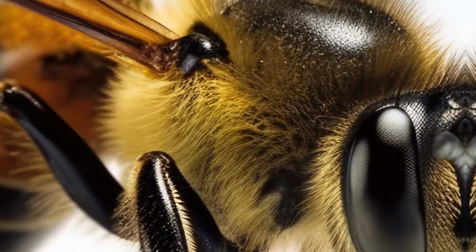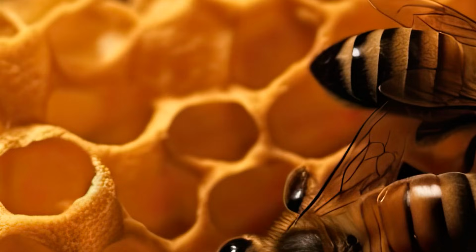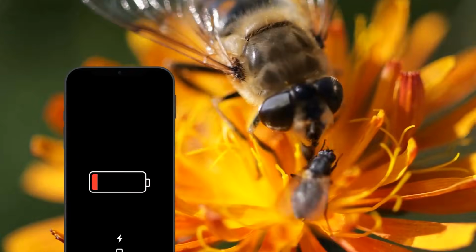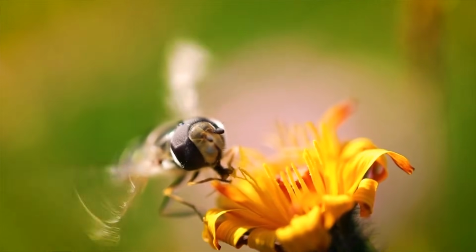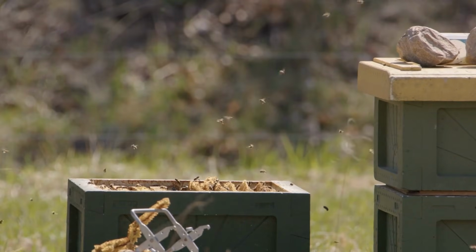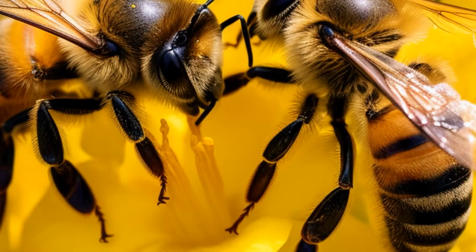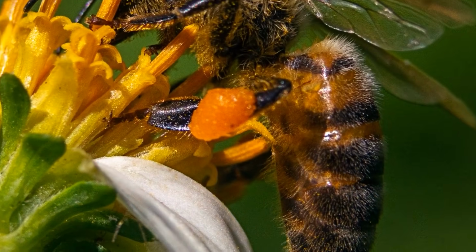And then there are bees. Compared to humans, bees' brains are the size of pinheads, yet they are capable of astounding things. Let's say a bee is running low on energy after a long search flight. This bee desperately needs a drop of honey in order to continue flying, but smartly enough, she doesn't need to go back to the hive to recharge. She can ask a fellow beehive mate for a drop of honey directly from this other bee's stomach and continue